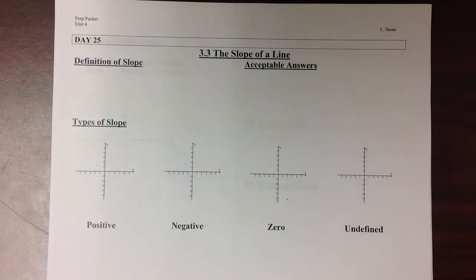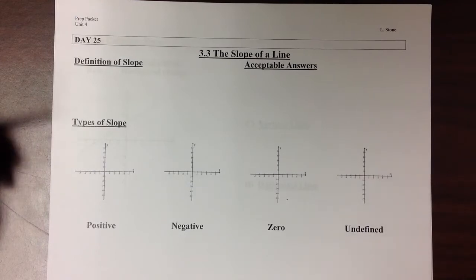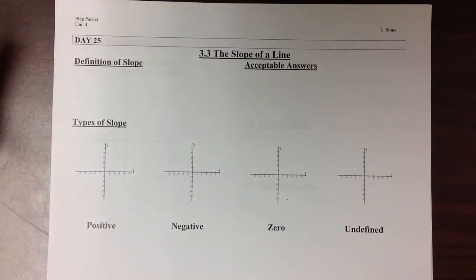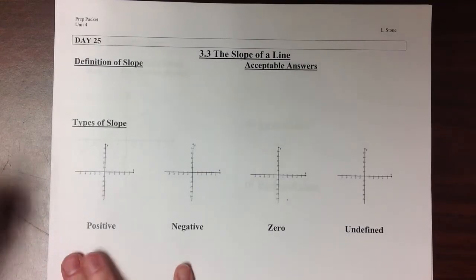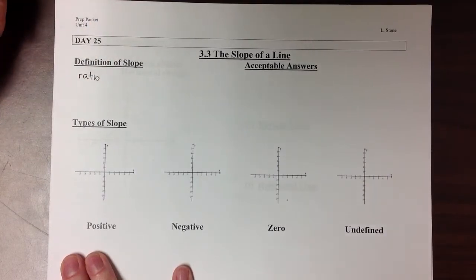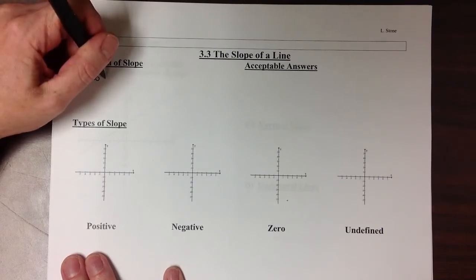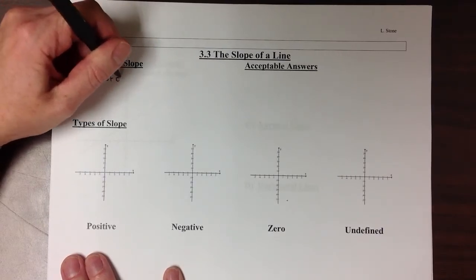In the previous section, we talked about how to create a line on a graph by plotting points. But there are other ways that we can figure out where that line should go on our graph. One of them is by using slope. So first we need a definition of what slope means. Slope is a ratio. And if you'll remember from the previous sections, the ratio is a comparison of two numbers. So in this case, the two numbers that we're comparing, it is the ratio of the change